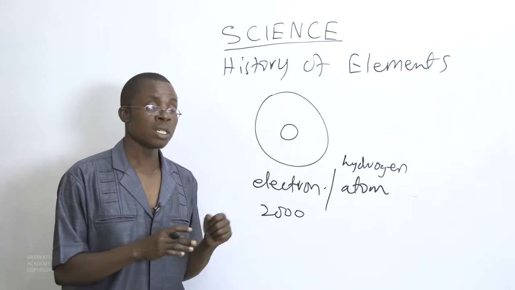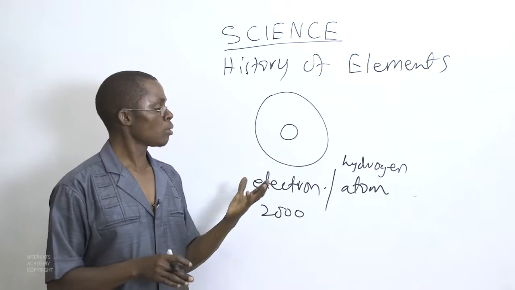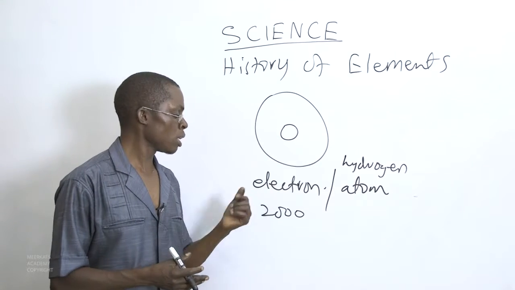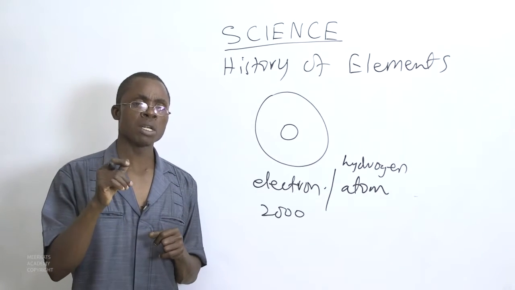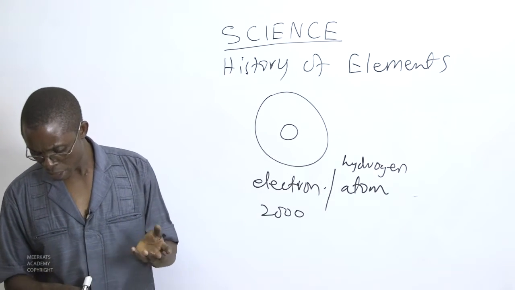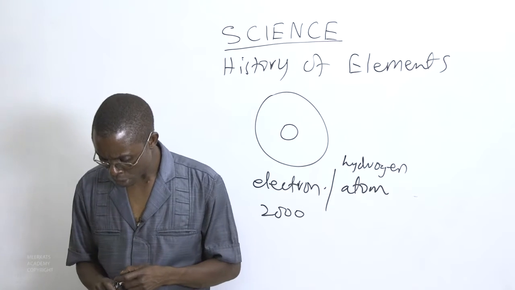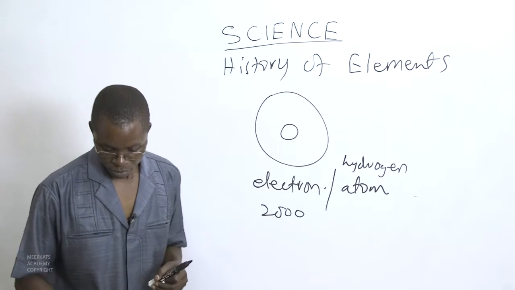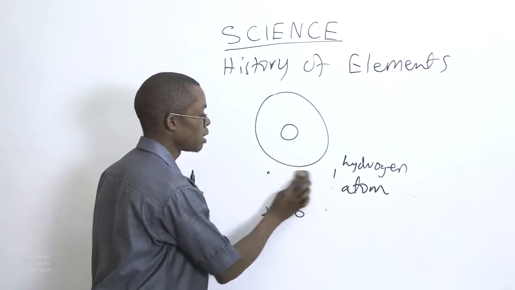It has an inner part and an outer part. This outer part has a small particle, now called an electron, which is much, much smaller than a hydrogen atom. So another scientist, Philip Leonard, in the 1900s,